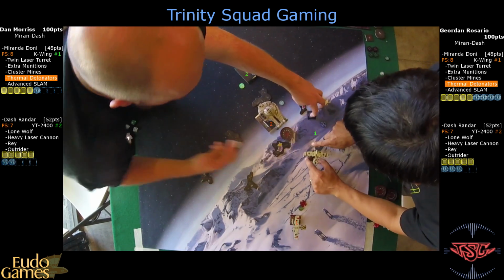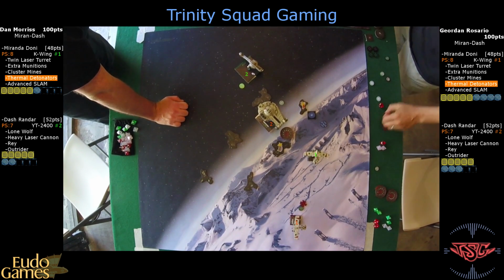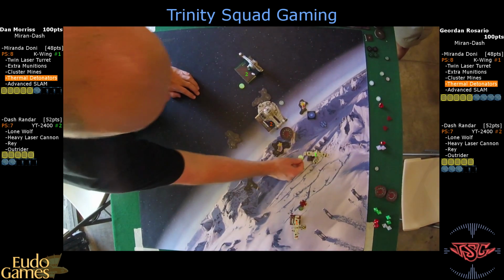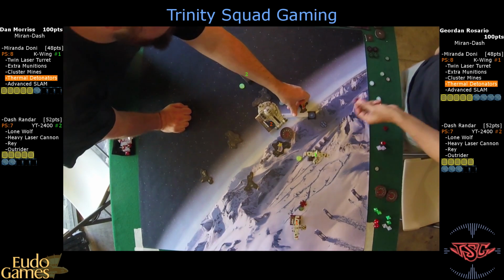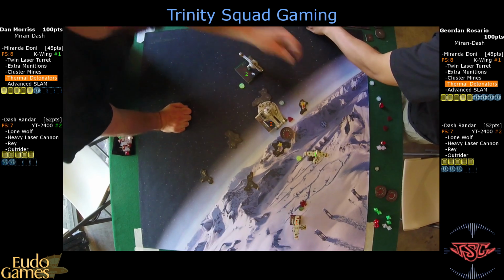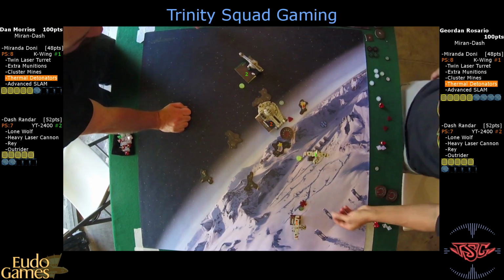Doing a 1? Yep, just a 1 straight, to put double pressure on Dash. Yeah, he gets double pressure on my Miranda, but I could possibly get his Dash down to 2 here, which would be real good. But then my thermal trigger with Sabine takes 2,